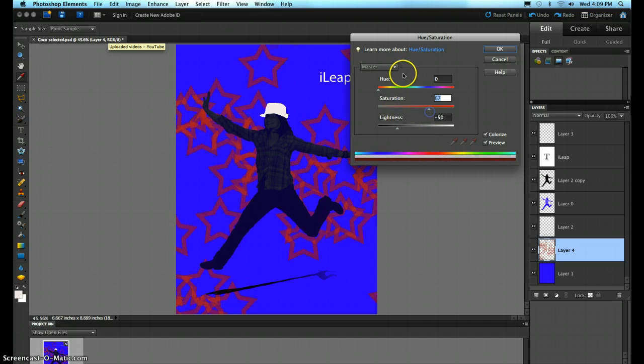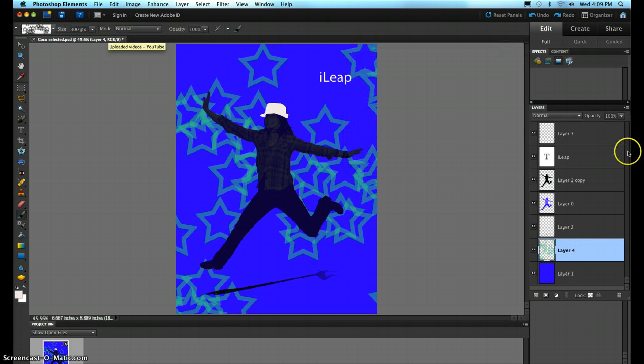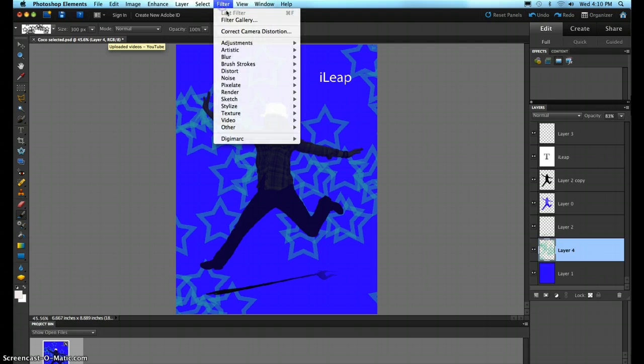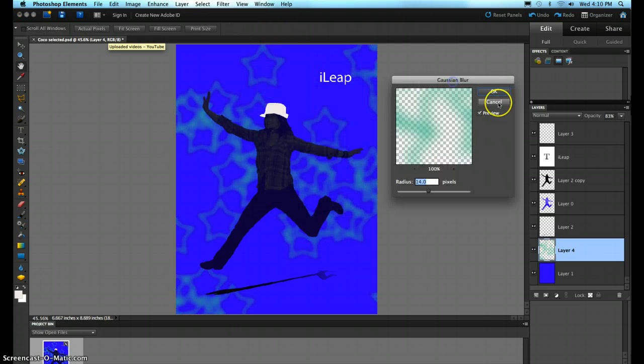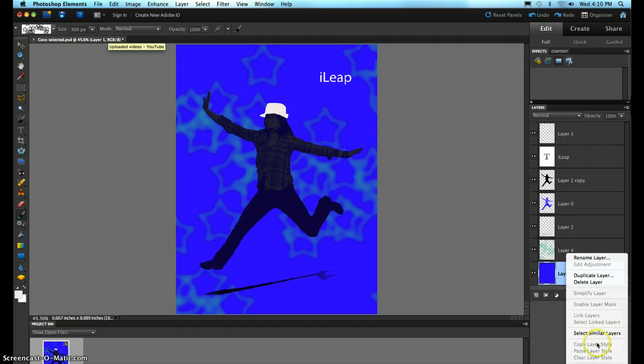If you want to mess around with different color ideas, you can do that. If you wanted these to be faded, you can fade them by changing the opacity. You can apply a filter to this. Try a different filter on it. You can, if you want, even add more than one different